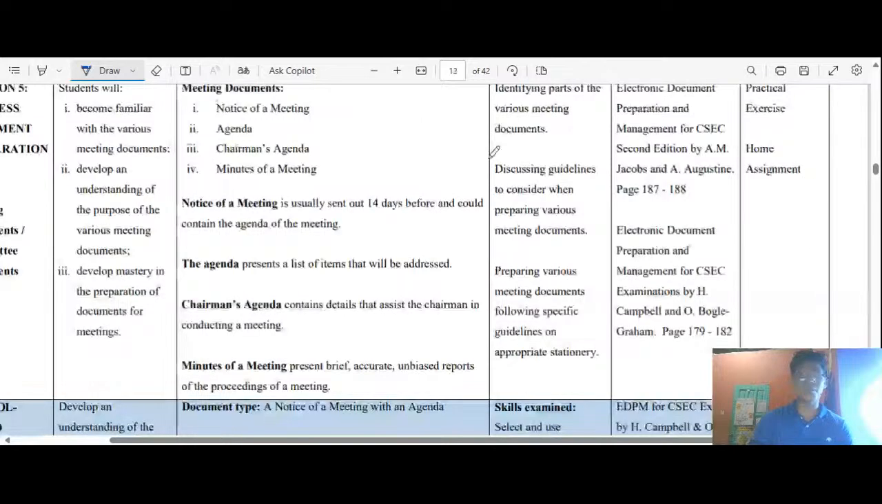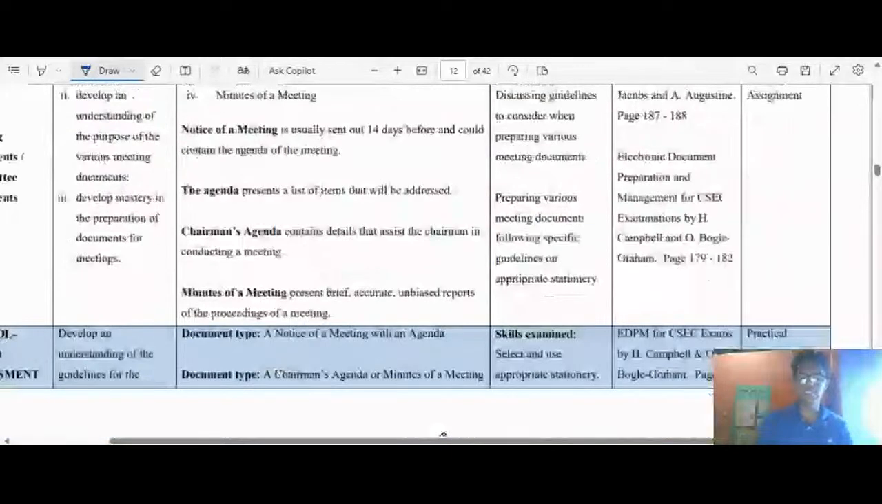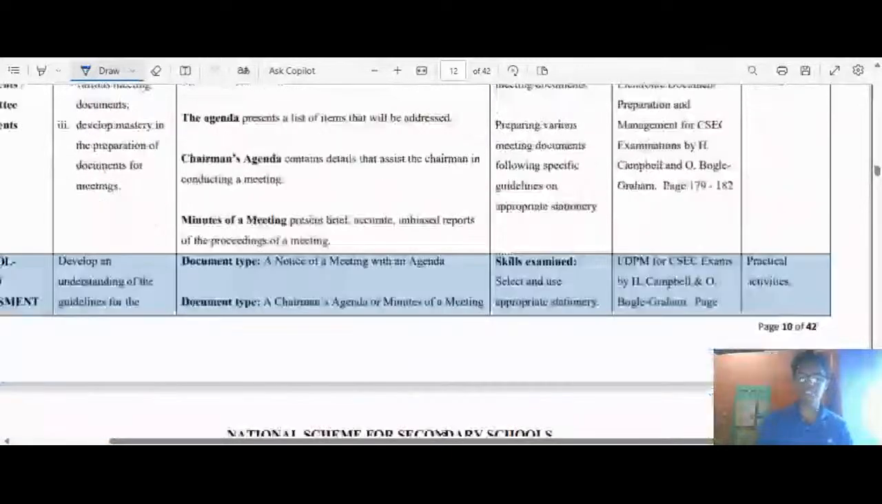There are different types of meeting documents: the notice of a meeting, the agenda, the chairman's agenda, and the minutes of a meeting. Now let's look into some of these terms. The notice of meeting is usually sent out 14 days before and could contain the agenda of the meeting. The agenda presents a list of items that will be addressed. The chairman's agenda contains details that assist the chairman in conducting a meeting. And the minutes of a meeting present brief, accurate, unbiased reports